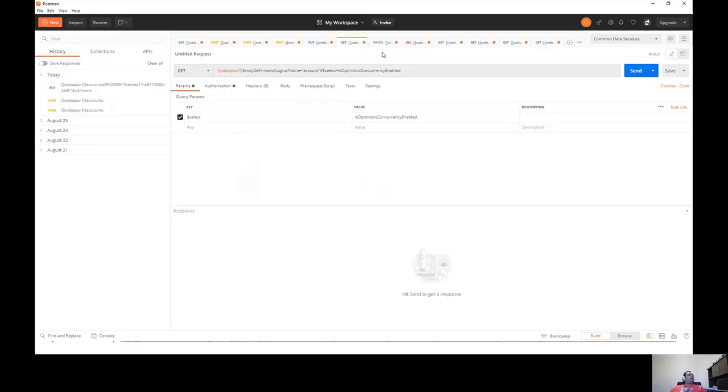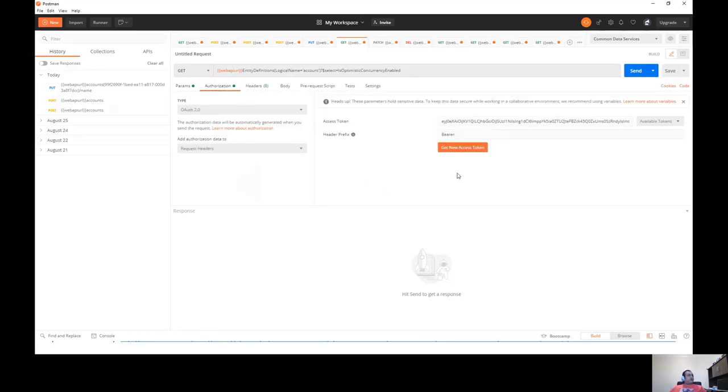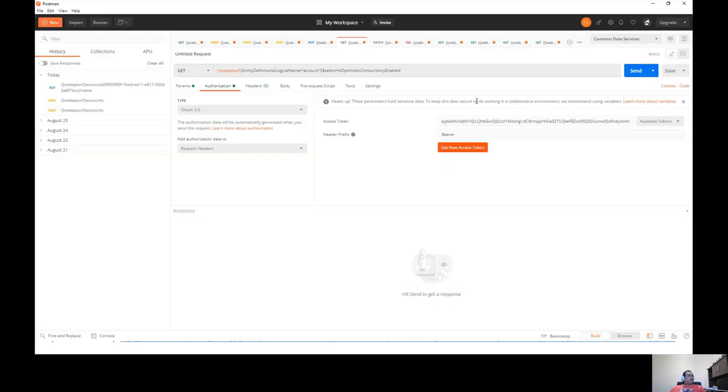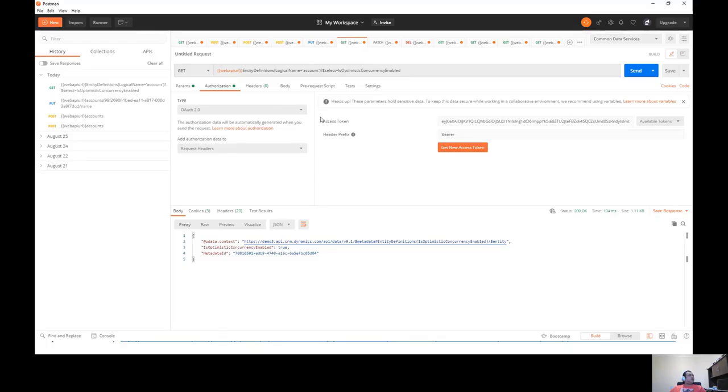To illustrate a patch or optimistic concurrency, I'll just fetch a record. And again, I'll refresh my token and I'll fetch all the accounts. If I want to know whether optimistic concurrency is enabled, then I can call this function for the account.